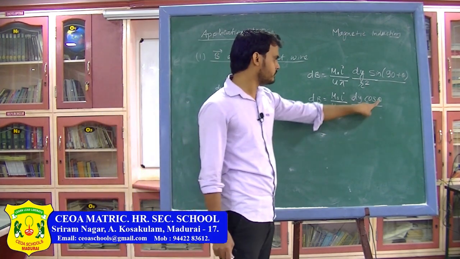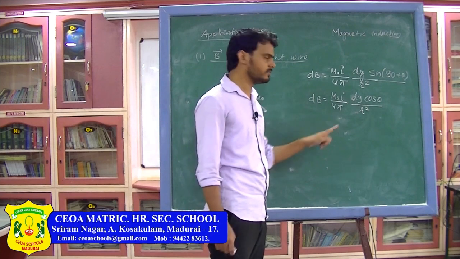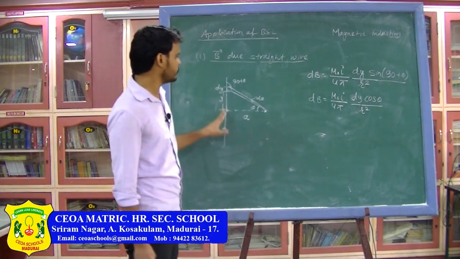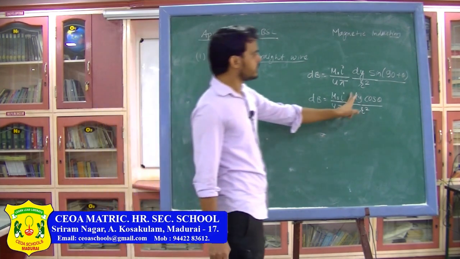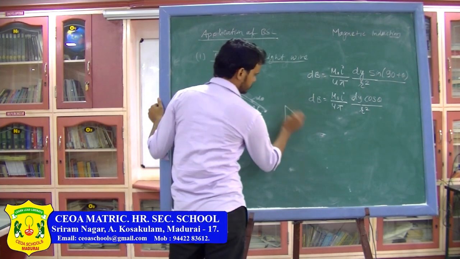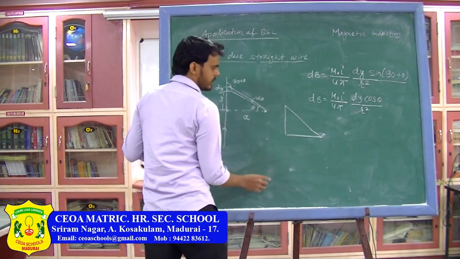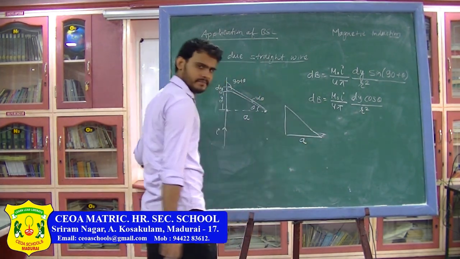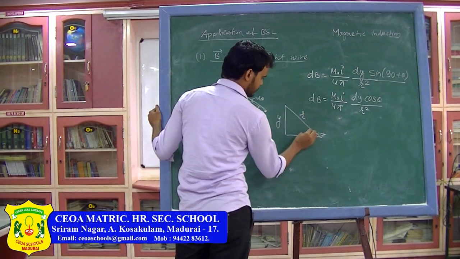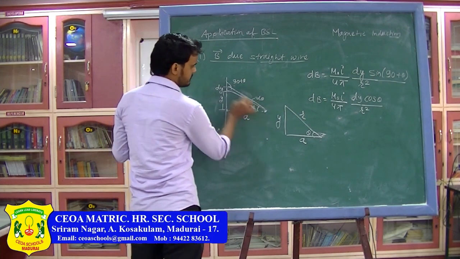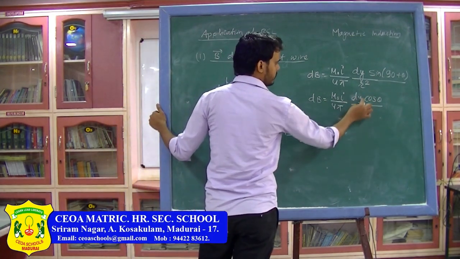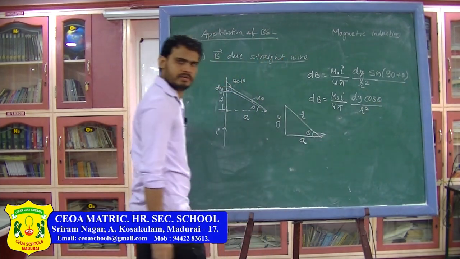So here I have three variables, so I have to convert one variable from another, then only I can do the integration. So we are going to use trigonometry to convert these three into one single variable. So from here I can write this distance will be a, this distance will be y, and this distance is r, and this angle is theta. So I am taking this triangle and I am trying to convert all these three variables into a one single variable equation.